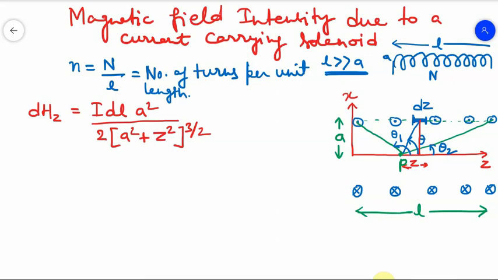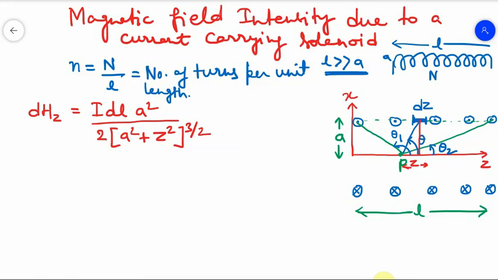This is the same expression which we have derived just now in the case of a circular current carrying conductor. This solenoid is also made up of various turns of this circular conductor. So if we consider this dz, let us say one element, obviously there will be one circular conductor. For the circular conductor we have derived this expression, only there it was rho. Here the radius is a, so we will replace this rho by a.